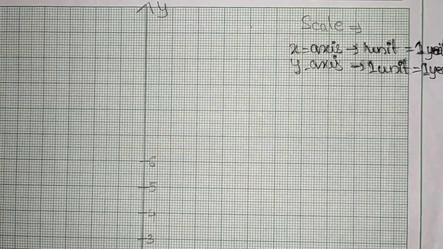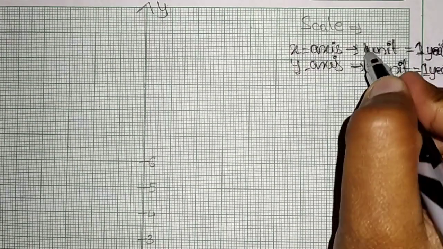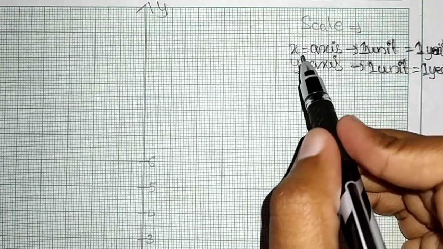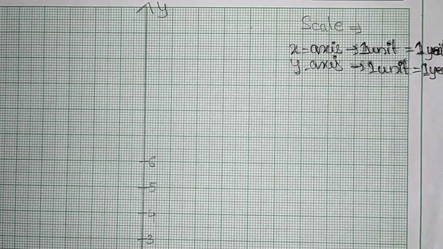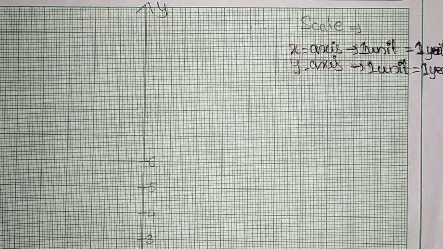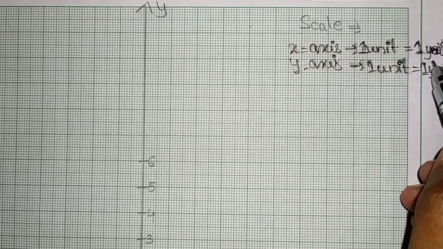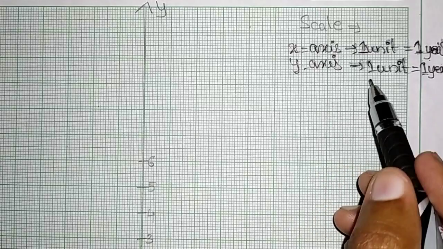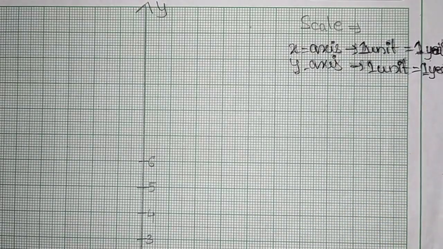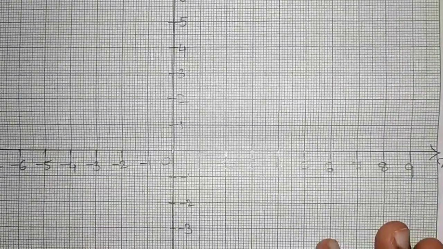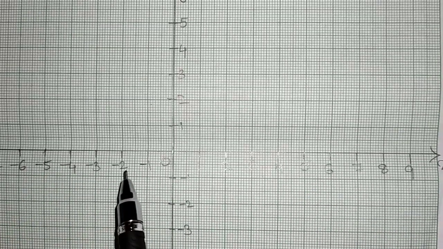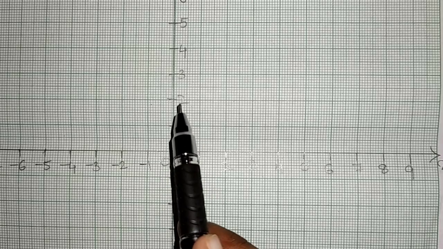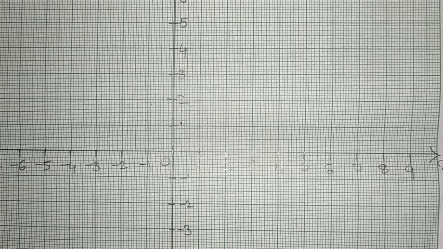So in our graph, you can see that I have taken the normal scale that we use every time in a Cartesian plane. So scale x-axis, 1 unit is equal to 1 year. Since we are dealing with age in our problem, we will be taking 1 square is equal to 1 year, and similarly y-axis 1 unit is equal to 1 year, because both represent ages of father and daughter. So here you can see the Cartesian plane, 0, 1, 2, 3, 4, 5, 6, 7, minus 1, minus 2, minus 3 and so on. And similarly here y-axis 0, 1, 2, 3, 4, 5, 6, 0, minus 1, minus 2, minus 3 and so on.